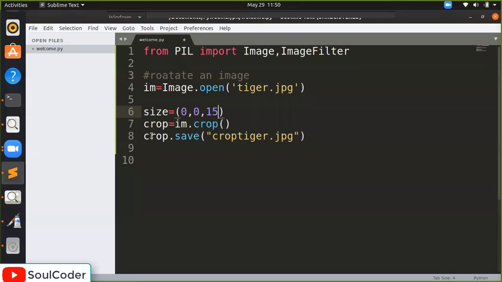So I will pass 150 comma 150. Then I will save this. Okay. Now what exactly will happen in the size? This part is included, and now we are passing this parameter into it. The crop function takes a tuple of the particular size, and we have saved it.